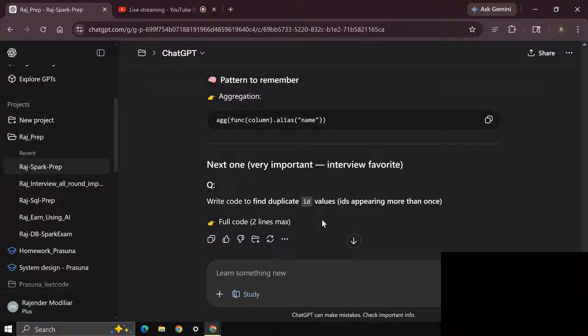So if I sort based on ID, drop duplicates based on ID will drop those records from the entire data frame.